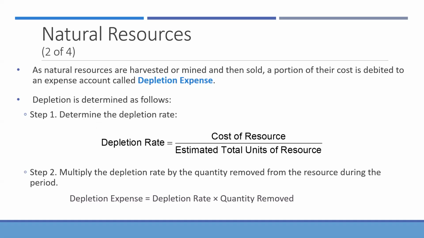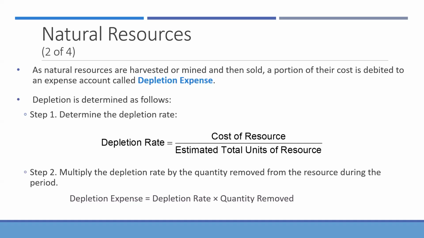And we calculate what's called a depletion rate by creating an estimate of the total amount of resources in the ground. So oil companies use oil field units, or estimated barrels of oil that are in their field. Timber would use an estimate of the amount of timber, trees, or lumber in a forest, and mining companies up in Hibbing estimate the amount of taconite that's in the ground, right? So you have to take the total cost of the resource